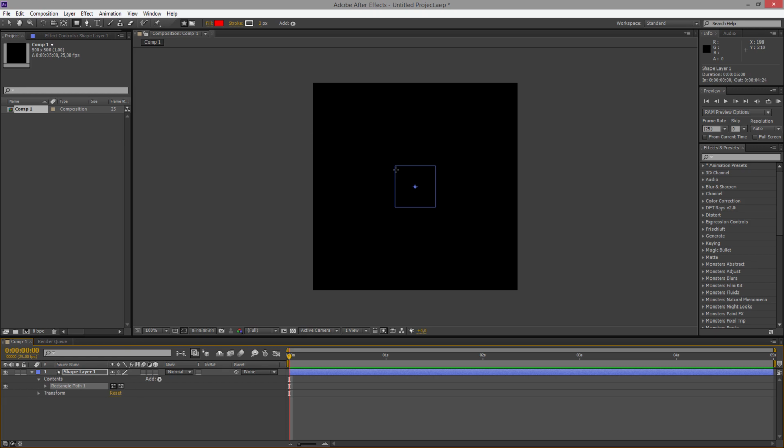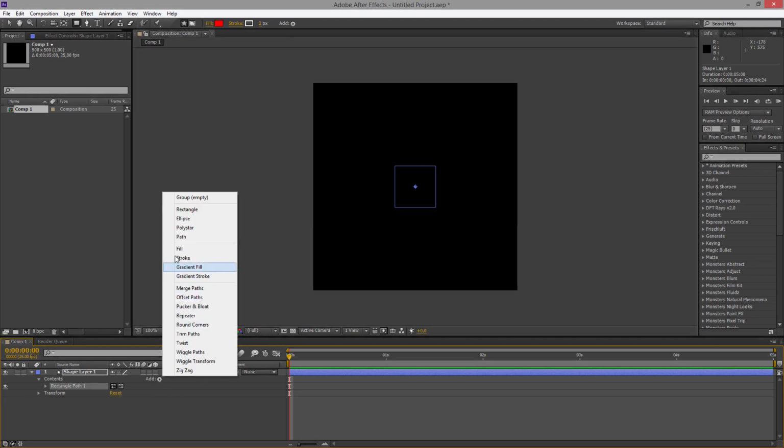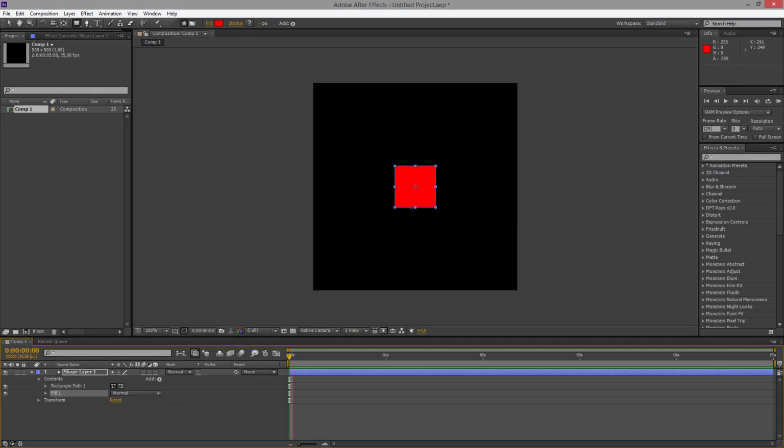Now we have a rectangle, but it's invisible. We need to add something for fill inside. So go here, take fill, now it's red. We will make it black and white, but it works with red too, so we stay with red, and we can change the color later. Go to rectangle, size, uncheck the link you see here, and make it 2 pixels wide.